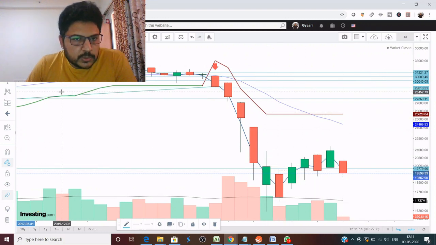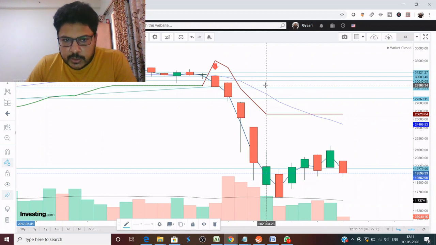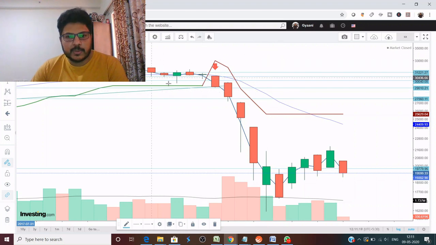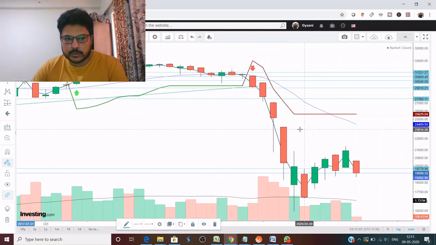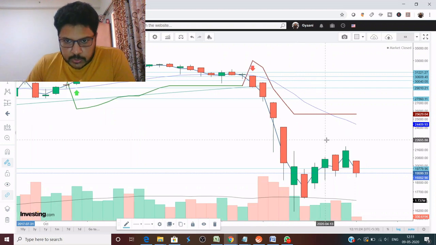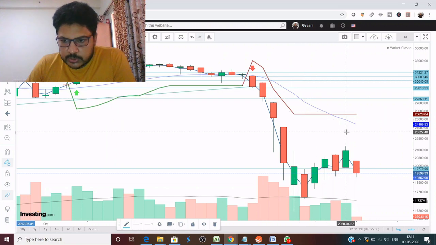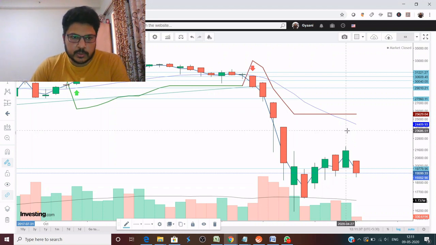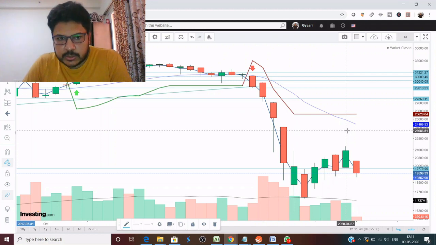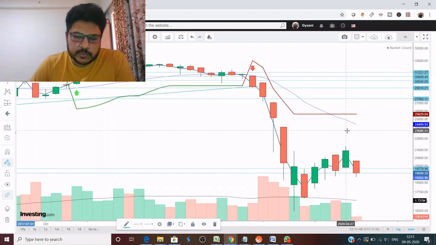Investing.com is the best if you want to use free charting software. Here you get a good set of indicators, the time lag is not much, and the precision of the candles is also very good. So you can have a look at investing.com without spending much on buying software which gives charts. Otherwise, my suggestion, the best way is to open a Sharekhan account, and Sharekhan charts are really good. Trade Tiger is really good. It's been there for years now, and they were the pioneers in this industry. So you can use their software to look at the charts and trade from other terminals which are cheaper.